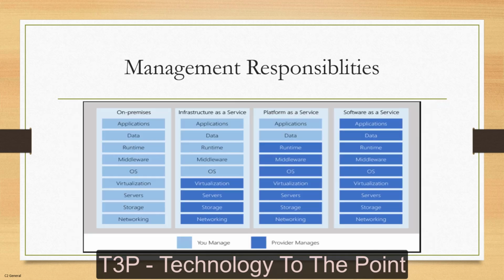Then we have the management responsibilities under these service models. If we talk about on-prem, you need to handle everything, like the security model. When we go with infrastructure as a service, from networking to virtualization, the cloud provider will manage, and you need to manage from OS to applications. That means the patching part you also need to take care of. Patching in the sense of updating your security patches that we receive from the vendor. When we go with platform as a service, up to runtime, the cloud provider takes care, and you just need to take care of the data and the application. In software as a service, similarly, up to the application the cloud provider will take care, and you just need to take care of how you will access it, and how the data will be managed within your account.